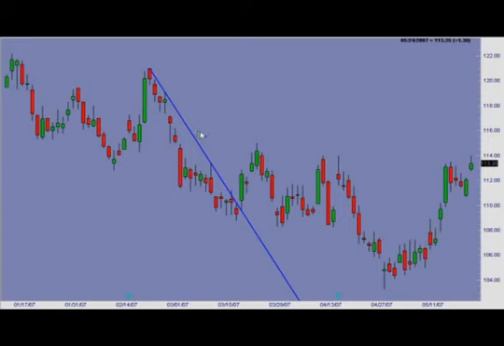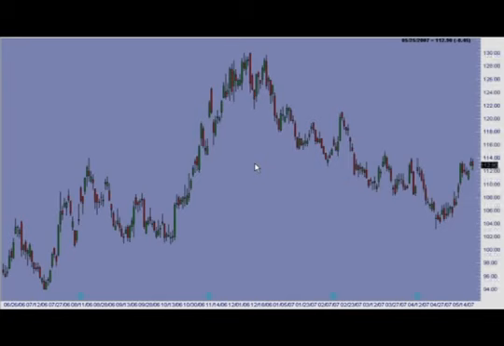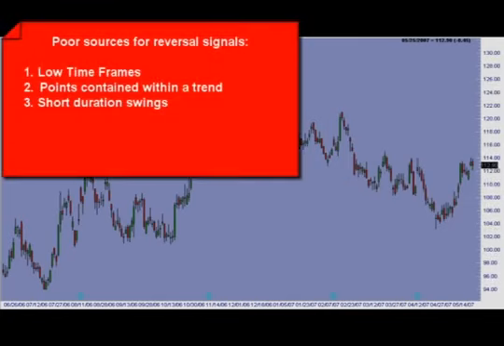It's not going to provide much of a reversal. And so it's better off to avoid such points. Be wary of using points that are contained within a trend. Another poor source for reversal signals is that of short duration swings. While this is a judgment call area, you can basically count on the fact that if you're just dealing with one, maybe two bars that are going against the prevailing trend or swing, well, it's going to provide just a